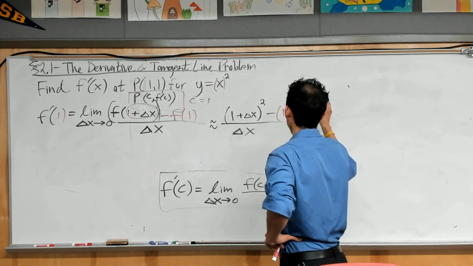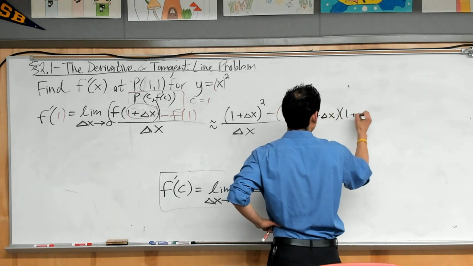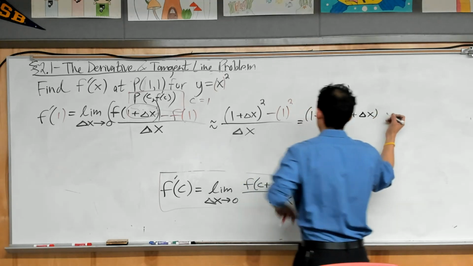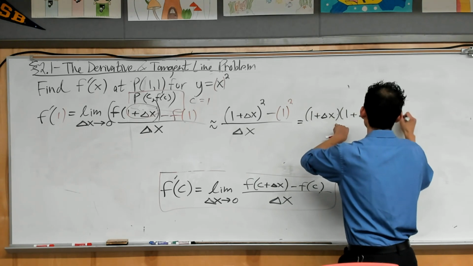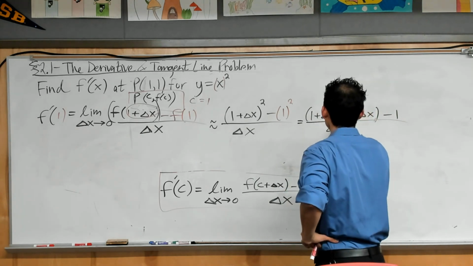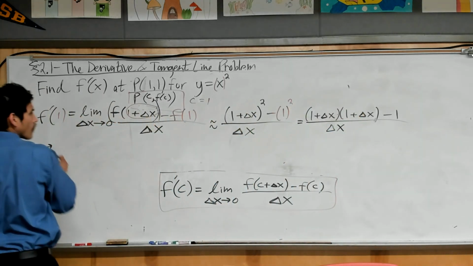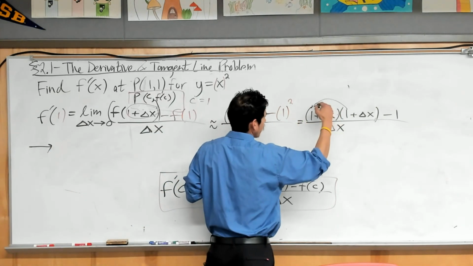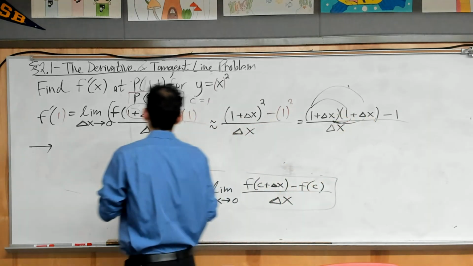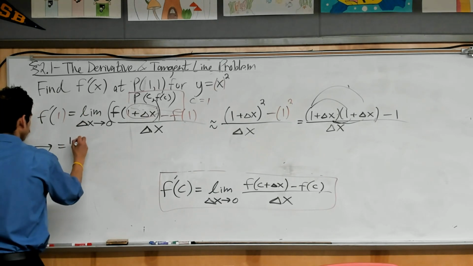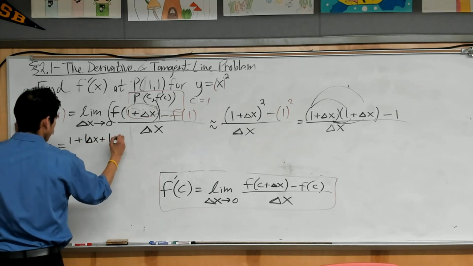So 1 plus delta x times 1 plus delta x. I'll write it out step by step, but if you can do it in your head, that's great. But the main thing when you're dealing with this, just treat delta x like you would a variable. Multiply it squared by itself, minus 1 all over delta x. Going down to here, we go 1 plus 1 delta x plus 1 delta x plus delta x squared. We get 1, so plus delta x plus 1 delta x plus 1 delta x plus